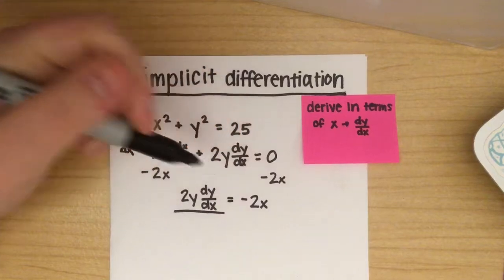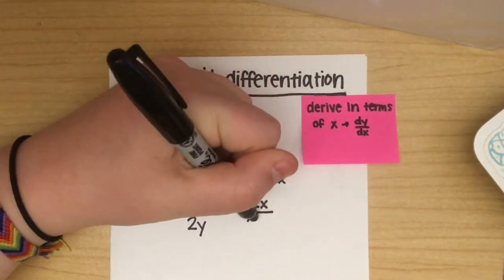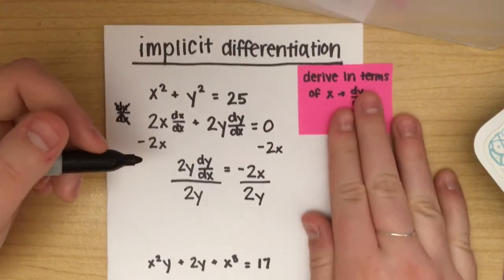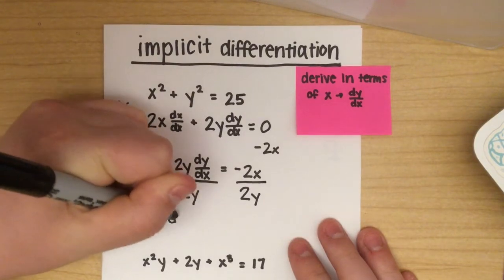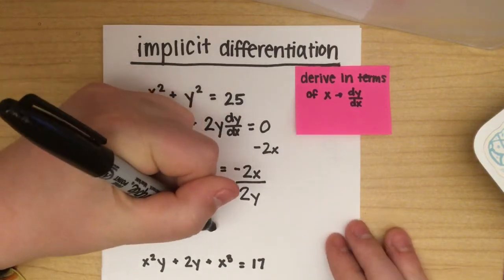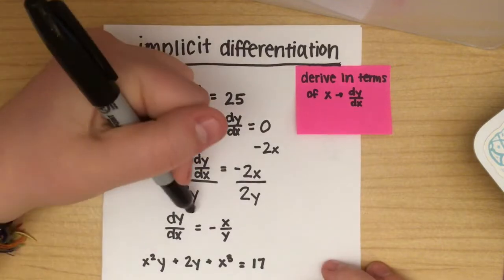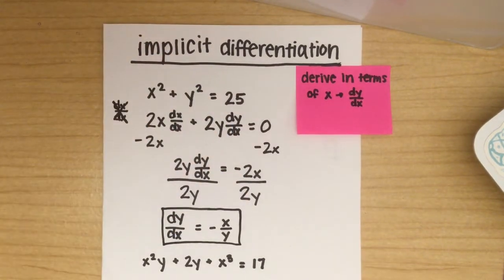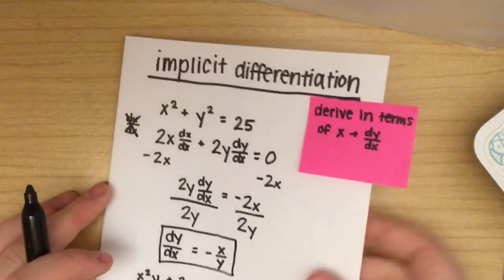So you would just divide 2y from both sides, and so that equals the derivative, where dy over dx equals negative x over y if we simplify it. And that's an easy example of implicit, and we'll move on to the next one, which is a little bit harder,